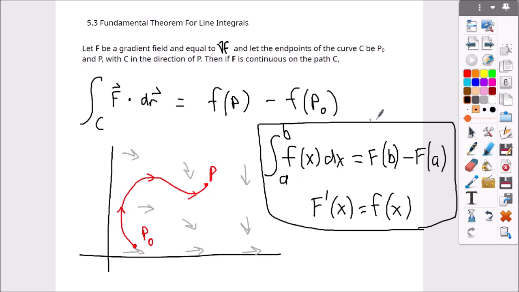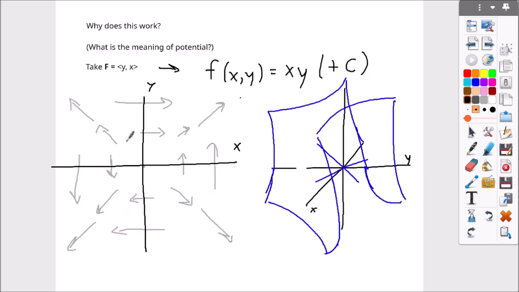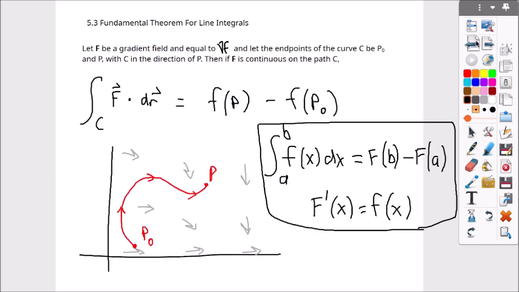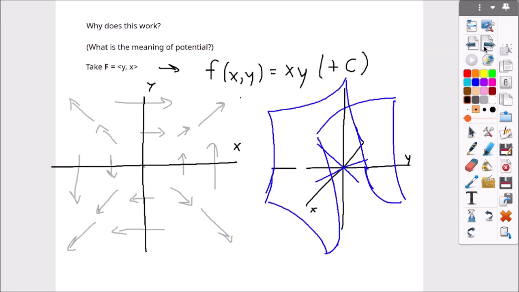And why does it work? Well, this is if F is conservative. I don't think you know what conservative means, but if F is a gradient field, which means it's conservative,